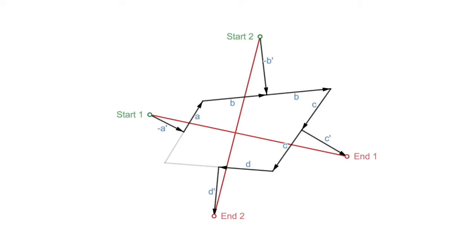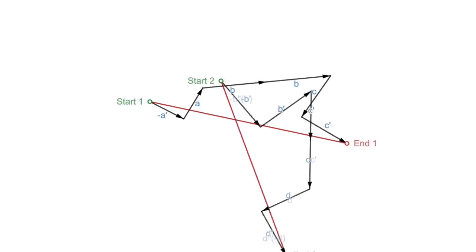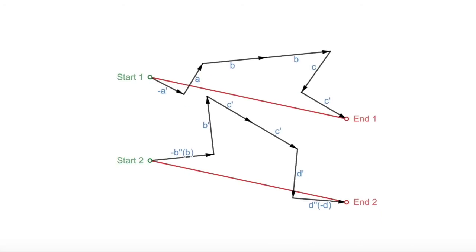Since we want to prove that the lines are perpendicular and of equal length, we could rotate one of them by 90 degrees and see if they are parallel and of the same length. In other words, are the vector sums now equivalent? Notice that each vector in the rotated sum has acquired a prime, since each one has rotated 90 degrees to its left. So the first vector is now negative B double prime, which is the same thing as B. And the last vector is now D double prime, which is the same as negative D.